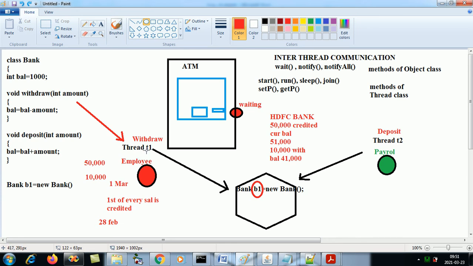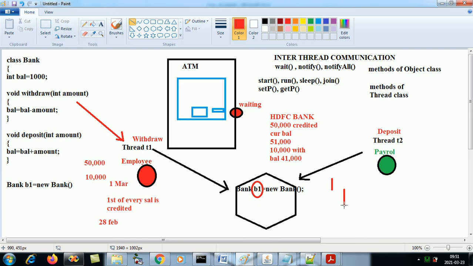Now T1 has started performing its activity. In between, T1 is depending on which thread? T2. So T1 has started its activity, now T1 has to wait. T1 is waiting for T2.